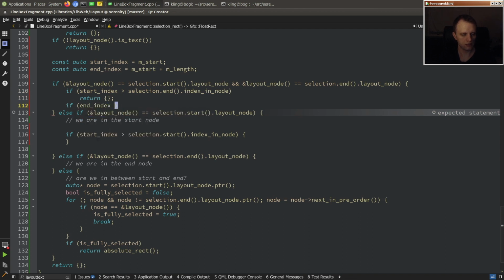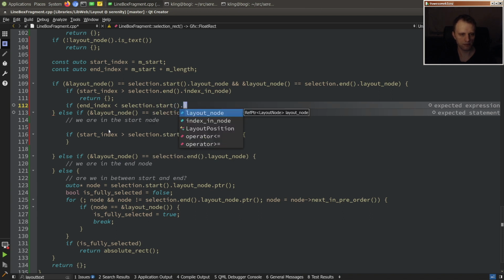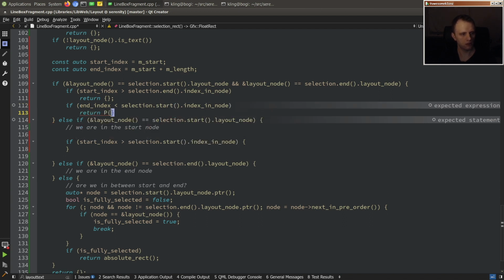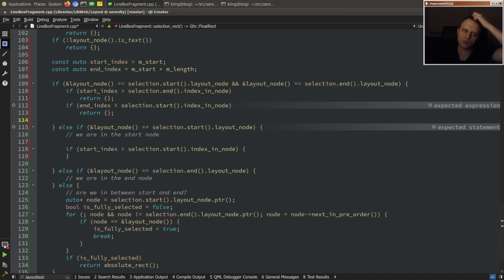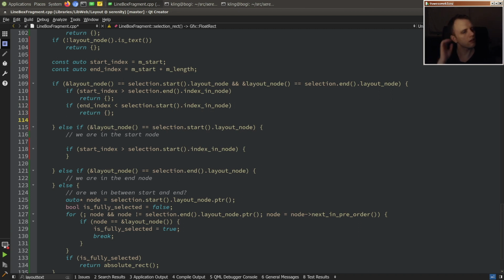If the end index, we end before the selection starts, then there is no selection rect. Okay. Otherwise,